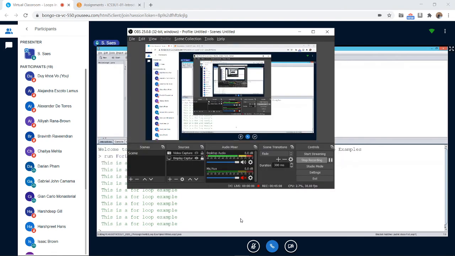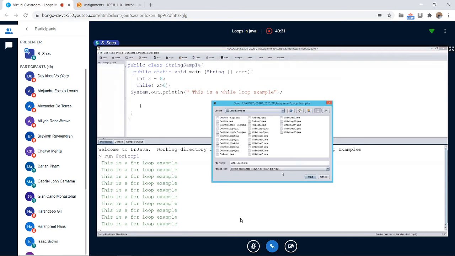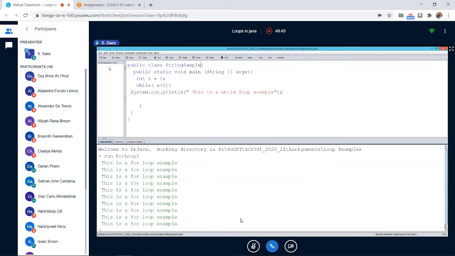Integer while x is equal to, okay, so I just use this one. This is a good way of changing a program. I'm going to change the name to string sample, and then save it as string sample. So first I change the name of the class, then I change the name of the file, and then here I'm going to